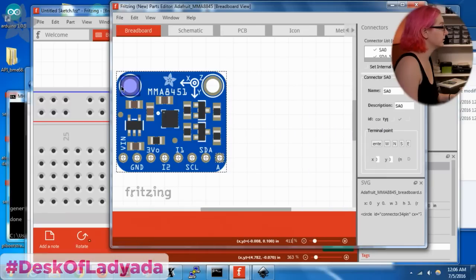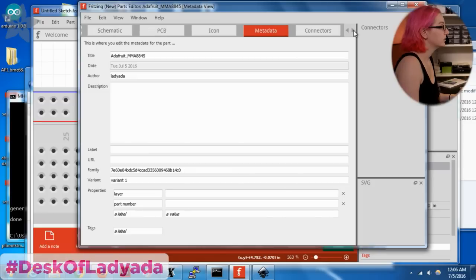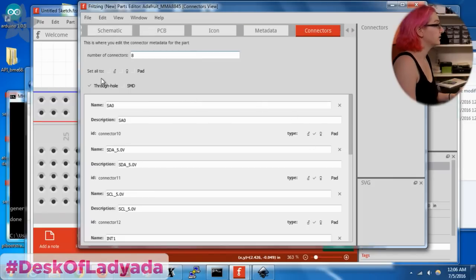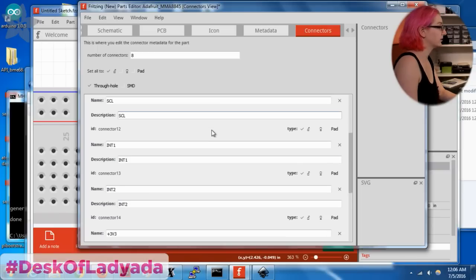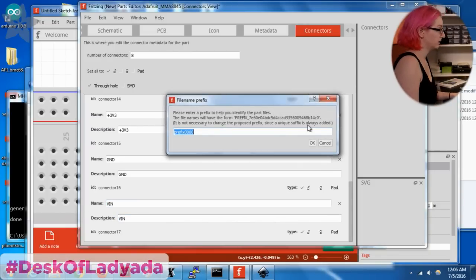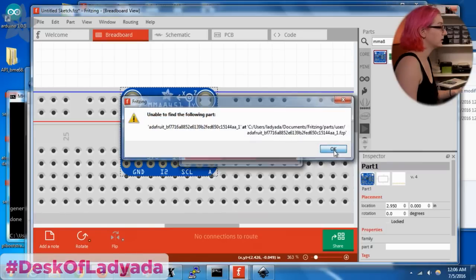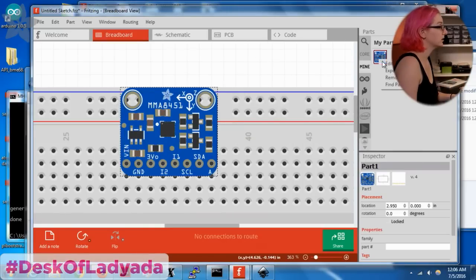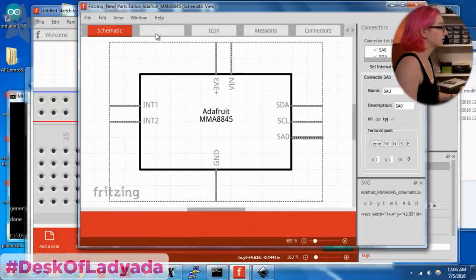Wow, the screen's very small. So if you go to connectors, you can set all of the connectors to male. And then while I'm at it, I'm going to rename these connectors to match the schematic. And then save. And it complains again. That's normal. Okay, so,